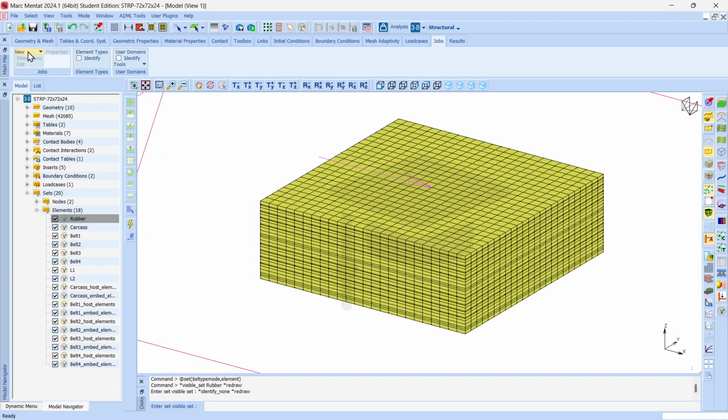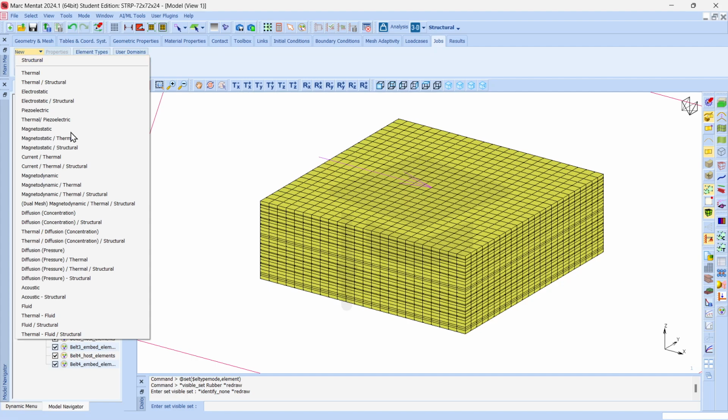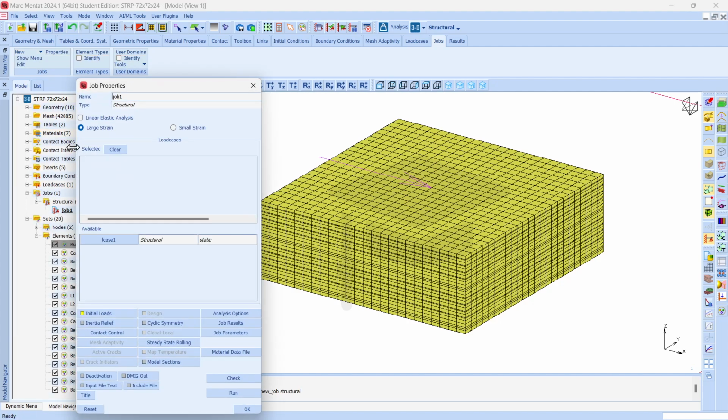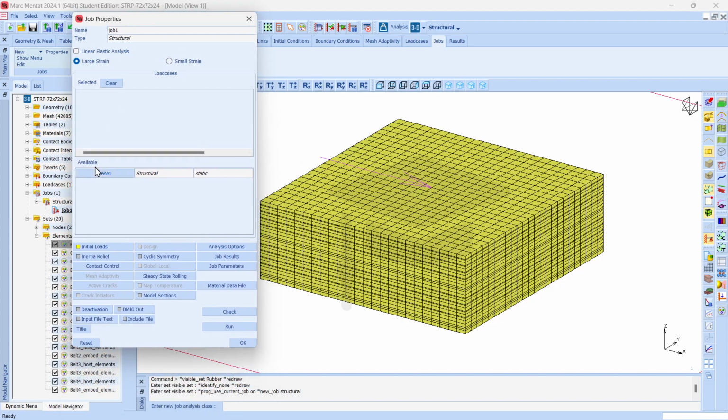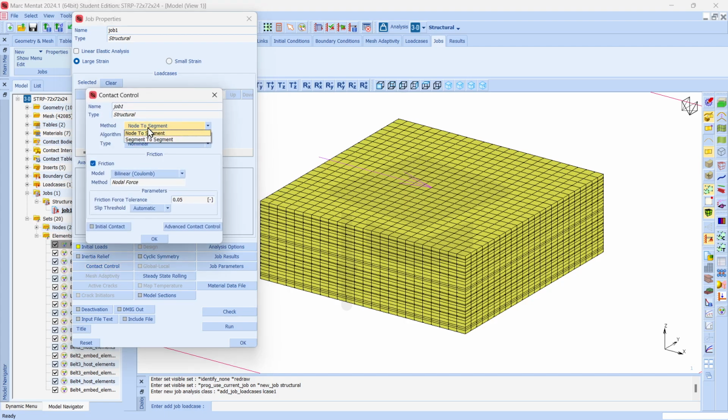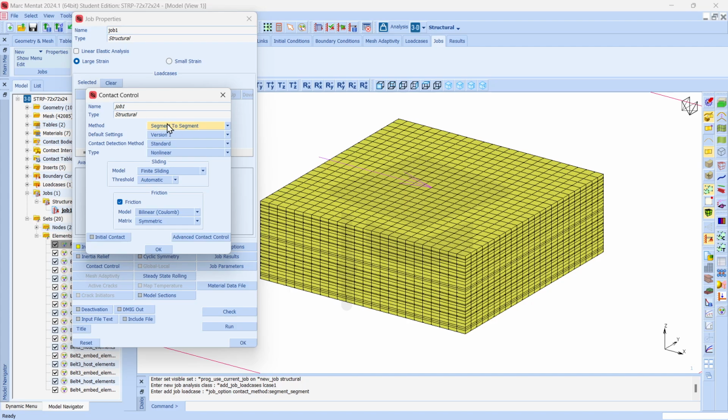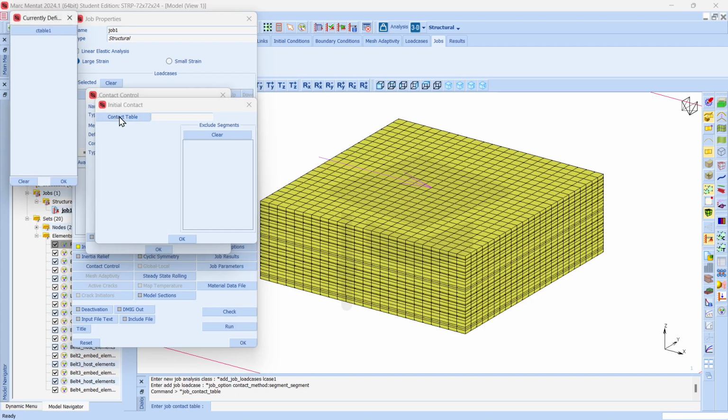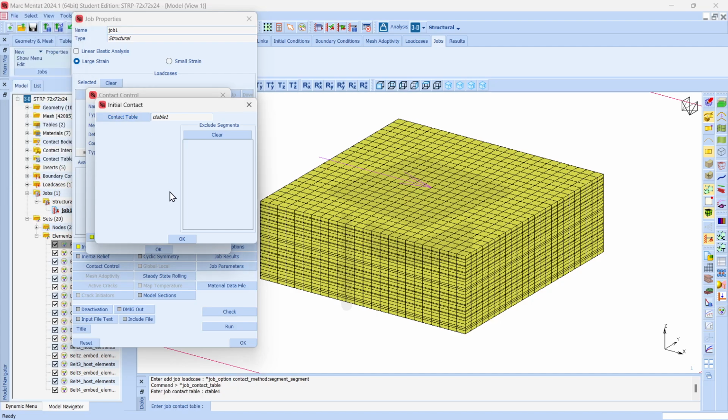Now go to new structural, because we are doing structural jobs. So create structural. First click the load case that we have defined earlier. So click load case, then initial load, we don't need to change anything here. Go to contact control here and choose segment to segment. Why we chose this one, I will discuss in another video. So go here, initial contact table 1, and click OK,